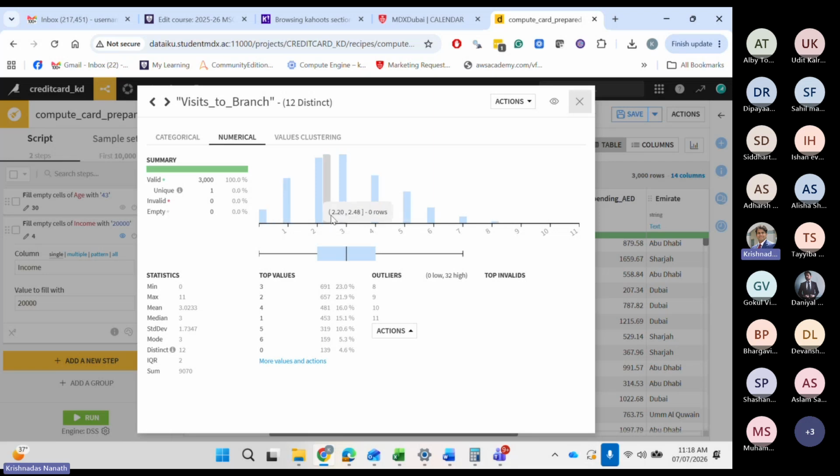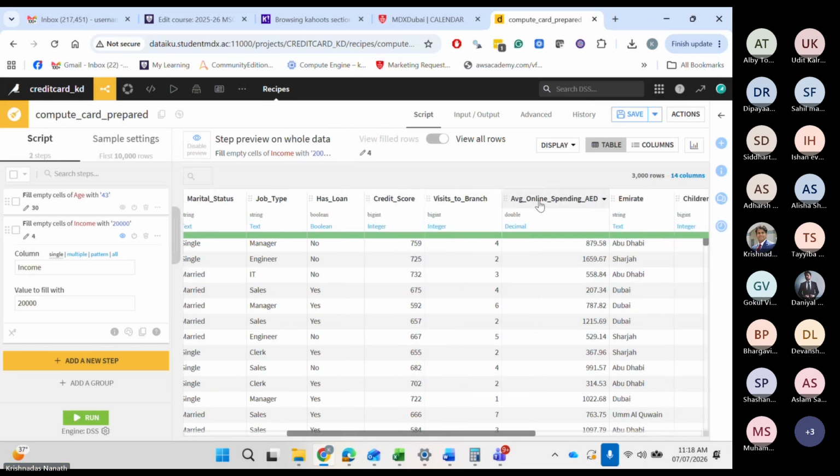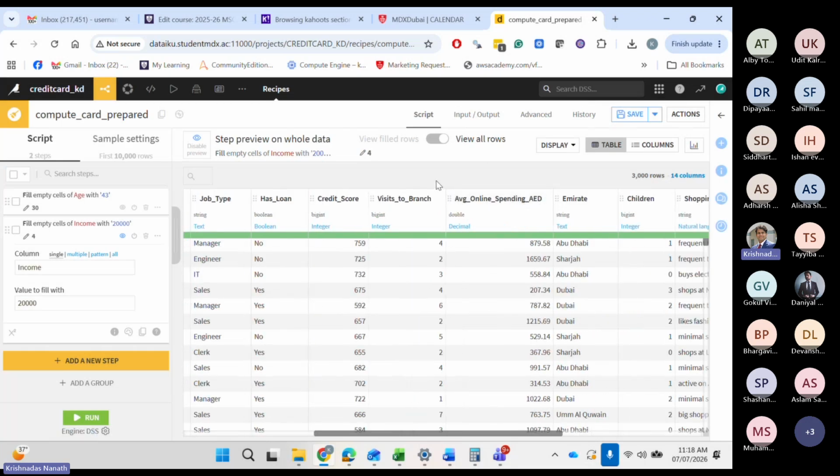But that's okay as of now. I still get a good histogram. So nothing that will stick to integers. Yeah, no problem with that. Because you don't want it to be categorical purely. And you would want to see whether visits to the branch individually makes a difference. And since these are smaller numbers, if I see it 1 to 10, okay, not an issue.